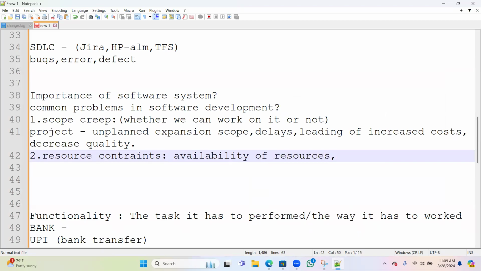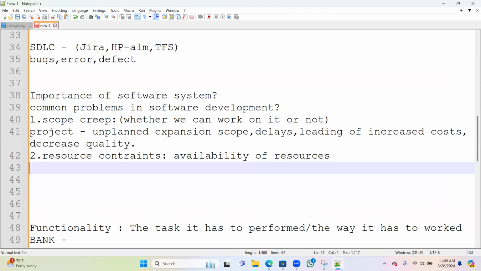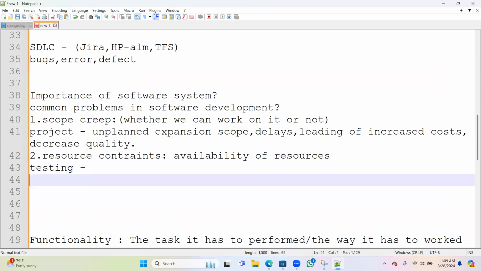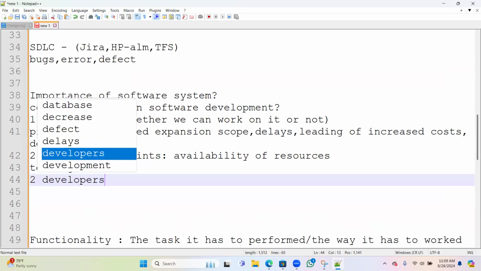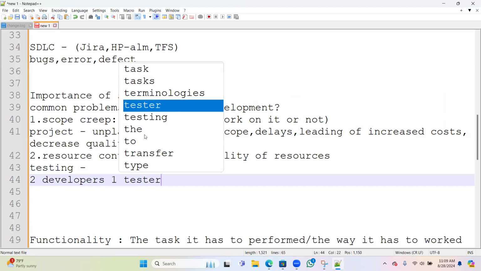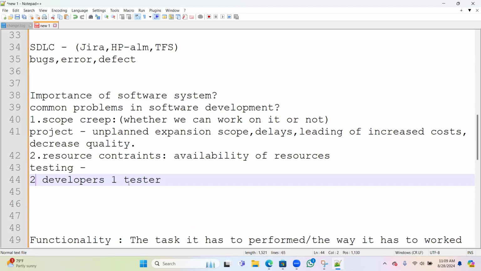For example, for testing in one project, generally they will go with a ratio. For example, for two developers, they will keep one tester. What is happening here is, instead of that, we have only one tester for four developers, which means we have limited resources. That also impacts the software development or testing.